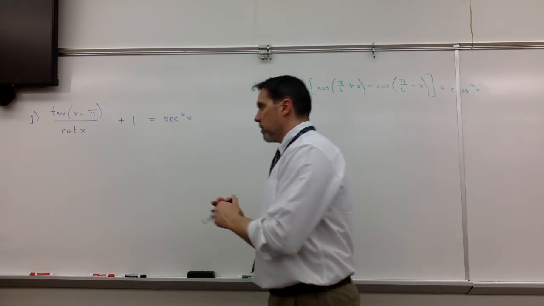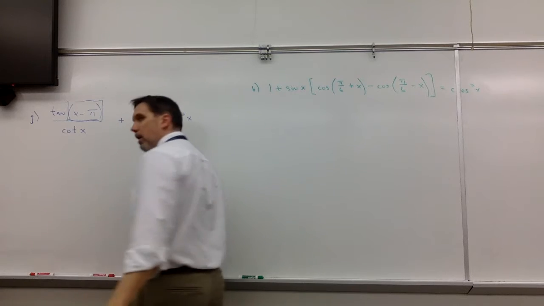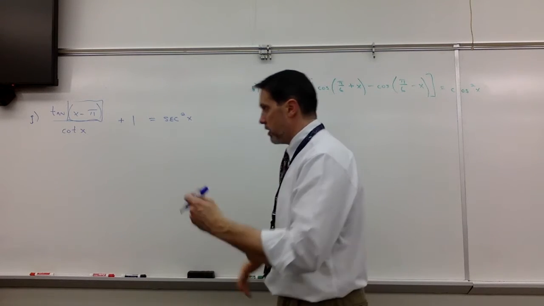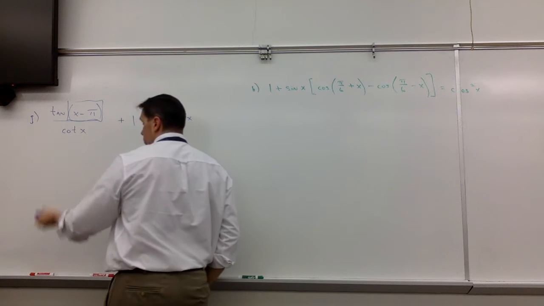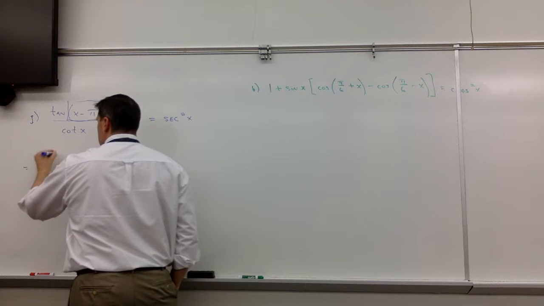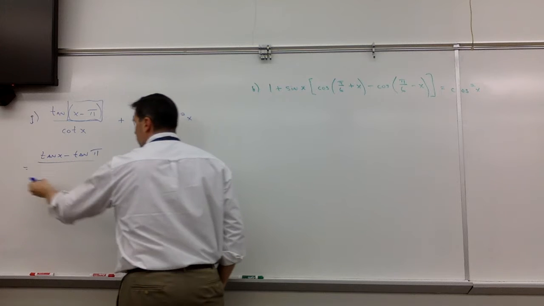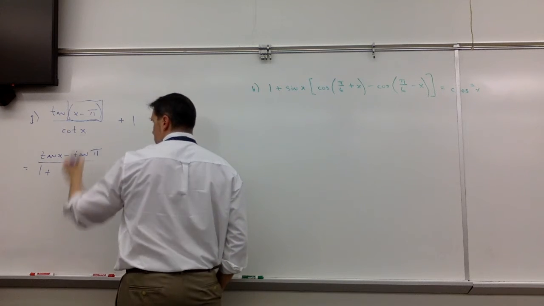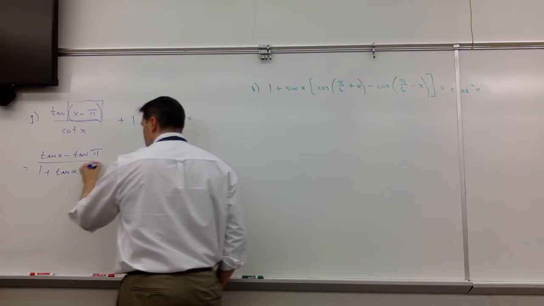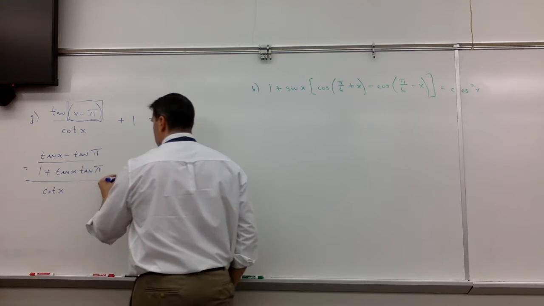Okay, continuing on this particular problem. Hopefully you notice that x minus pi does not mean distribute. It means you have to expand it using your tangent difference formula. Wish it was as simple as that. This is not multiplication though. So we split this up as tan of x minus tangent of pi over 1 opposite tan of x, tan of pi. Don't forget, this is still over cotangent of x. Don't forget, it's still plus